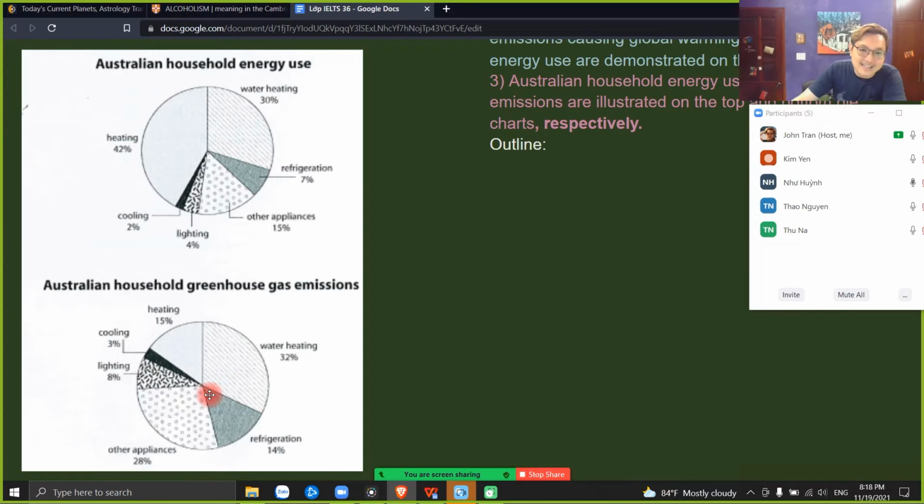Double. Yes, double. How about all the appliances? It's also double, right? Yeah. Yes. Lighting and cooling. Sorry? Lighting. Of course, lighting and cooling as well. But only water heating is nearly the same, right? Yeah. Right. Okay, you can mention that